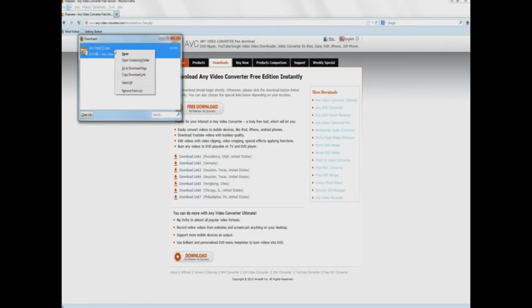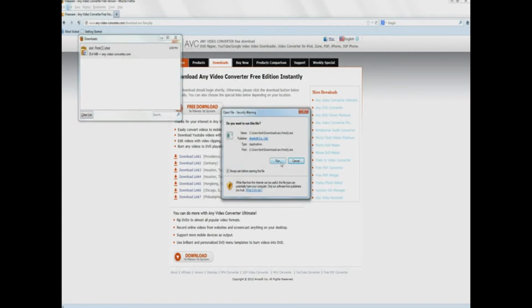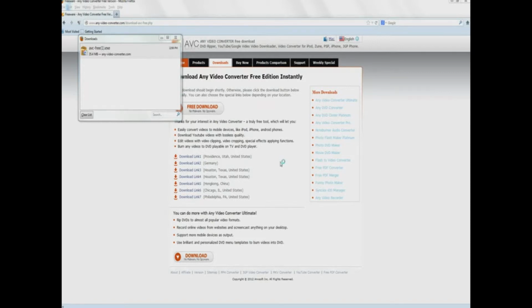Now what you want to do is right click on it and click open. Now you can double click or right click open, it really doesn't matter. So you right click, left click open, you run it. Now my computer is protected, so I have to type in my password. Yours most